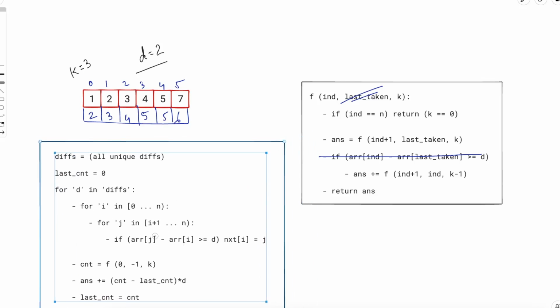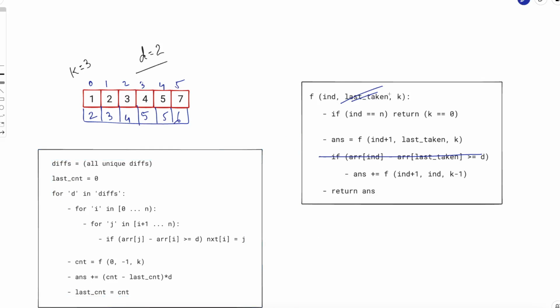And because you don't need to maintain the last index, this entire thing will simply be order n square, right? And you will do this n square time for the n square diffs you have. So overall you will be doing order n power 4 operations. Now notice you have to calculate this next array for every d. So for every d, you now have to calculate the next array for every I,